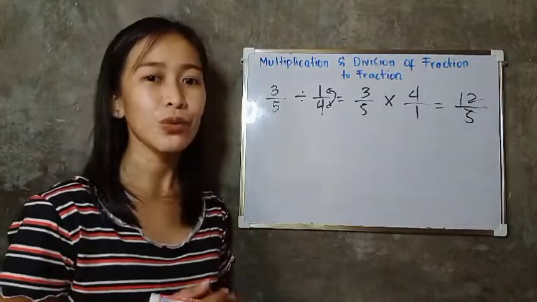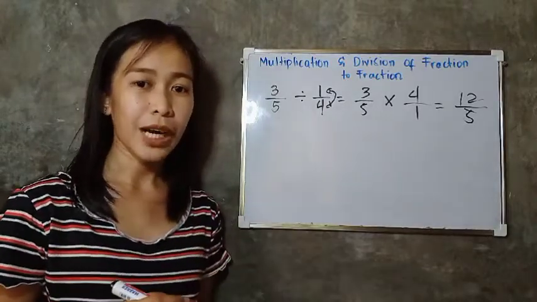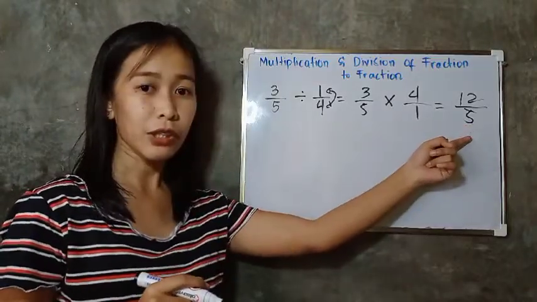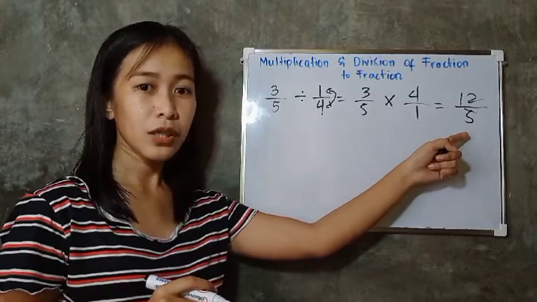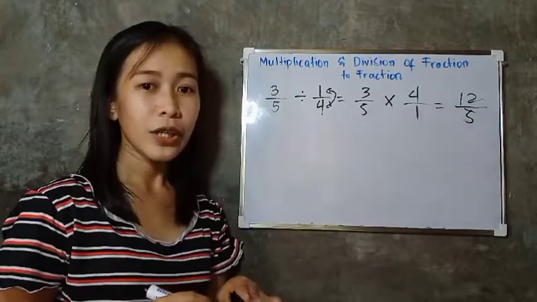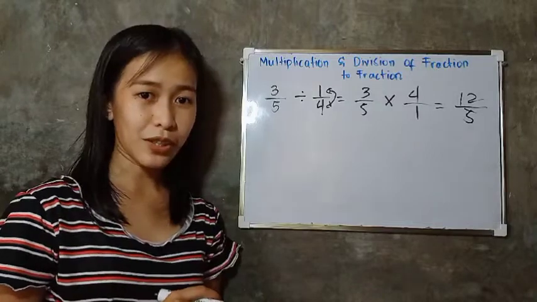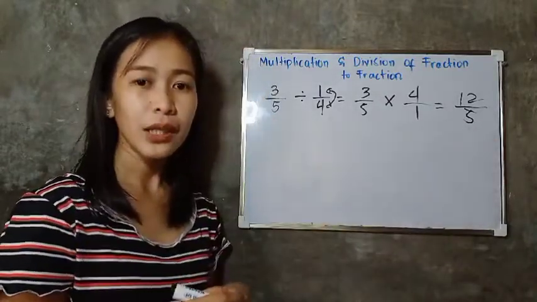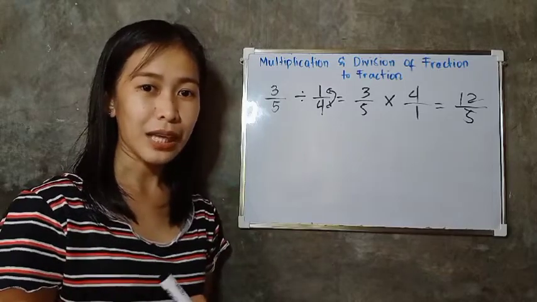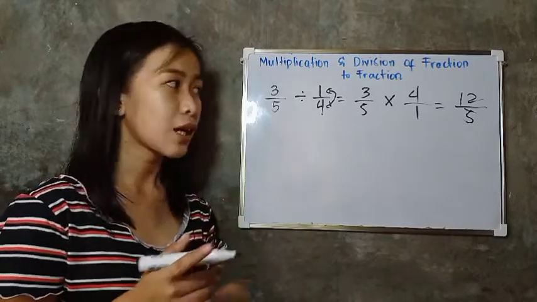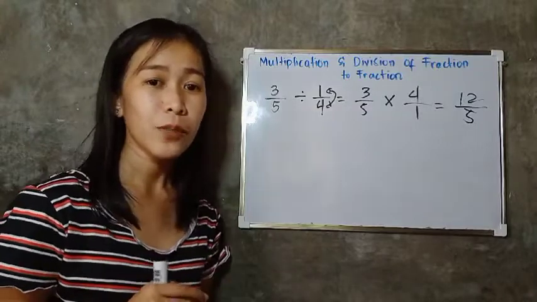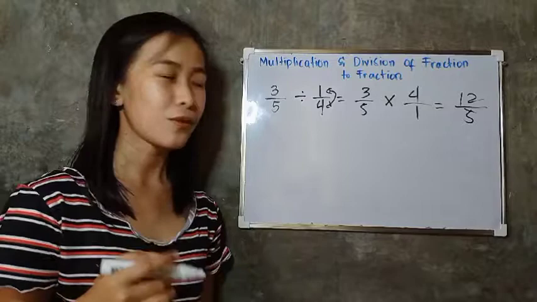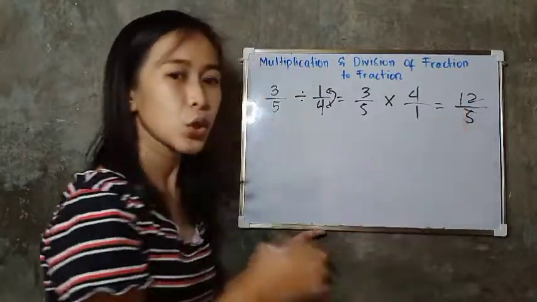Okay? Tingnan nyo muna kung kaya pa niyang i-simplify or i-lowest term. And as you can see, this is an improper fraction. When we say improper fraction, the numerator is higher than the denominator, right? So what we are going to do is to change it into a mixed fraction. Tama? And when you are going to change an improper fraction to mixed fraction, syempre, naituro ko na to sa addition and subtraction, pero ituturo ko ulit, no? You are just going to divide 12